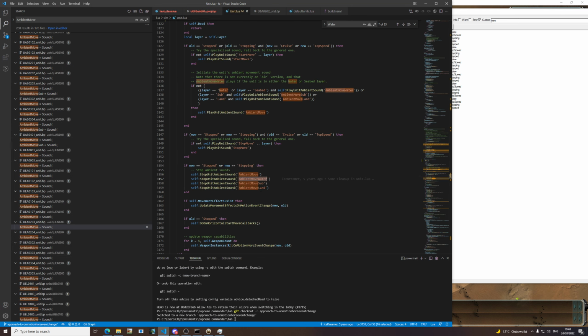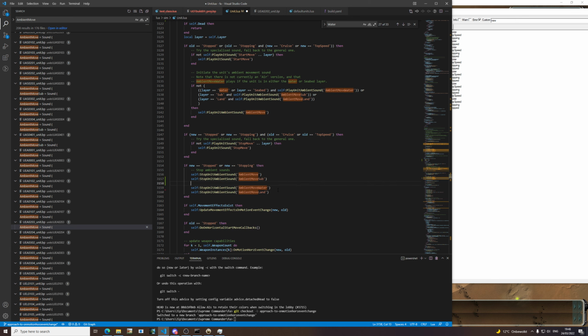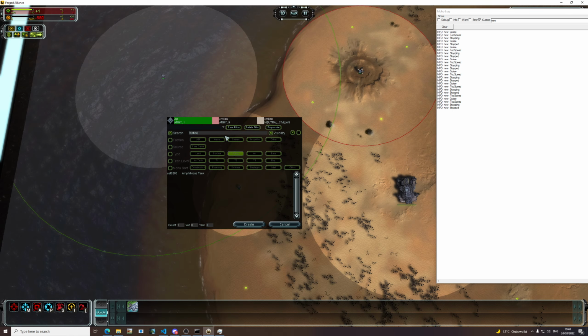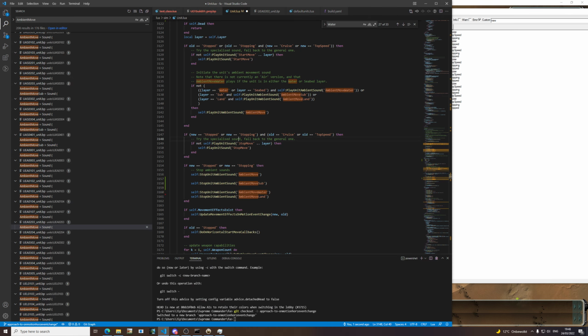what happens here is that these are only used by hover units. This one is only used by subs, as you would expect. Because I was actually expecting this one to be used by boats and stuff like that. Do they actually have ambient sounds? US